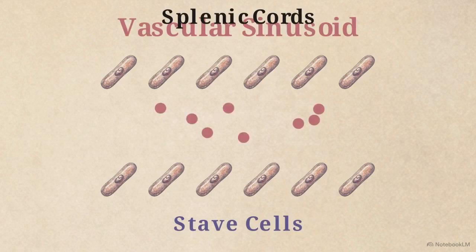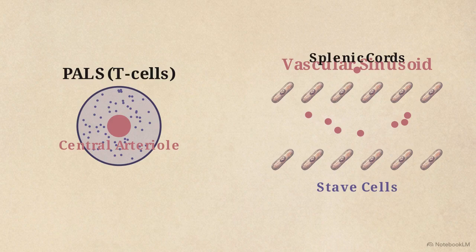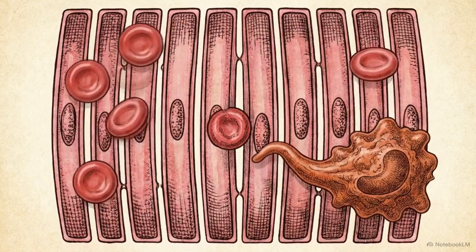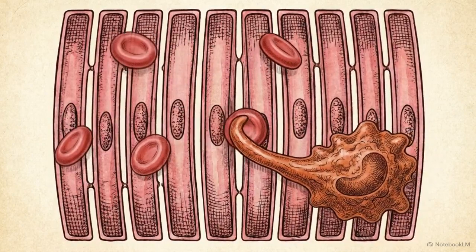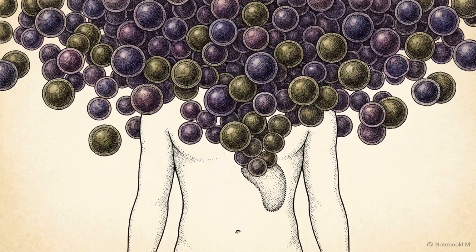Surrounding red pulp consists of splenic cords and vascular sinusoids lined by stave cells. Filtration occurs as red blood cells squeeze between stave cells. Macrophages in the splenic cords identify and phagocytose senescent cells that fail the transit. The loss of this histological interface, such as in a post-splenectomy patient, creates a severe, life-threatening susceptibility to encapsulated bacteria